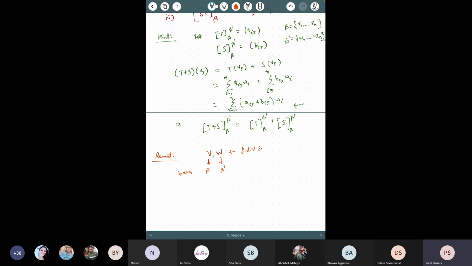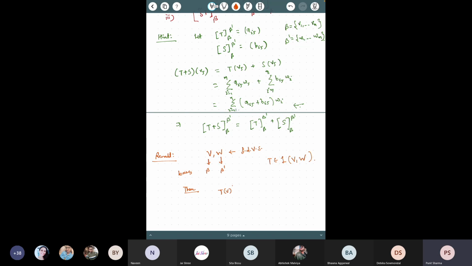Okay, and suppose that we have a linear transformation T from V to W. So this is a linear transformation from V to W. Then you can show that if I take any vector V in V, then T of V